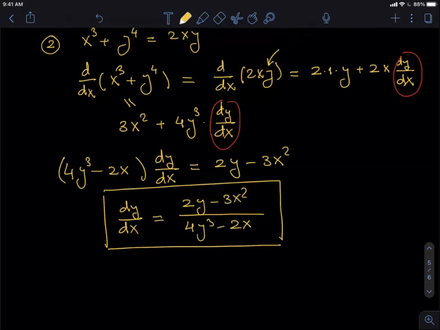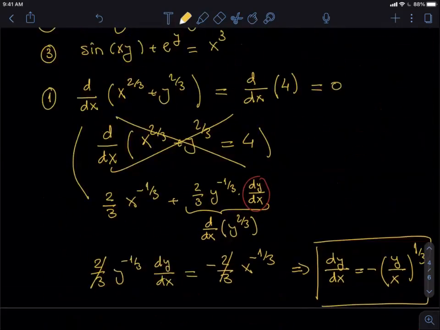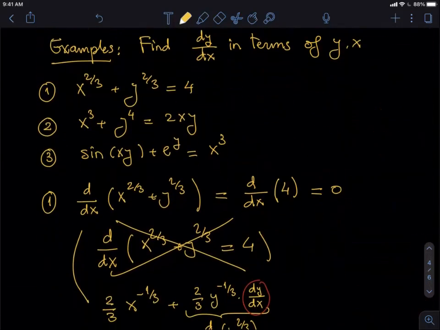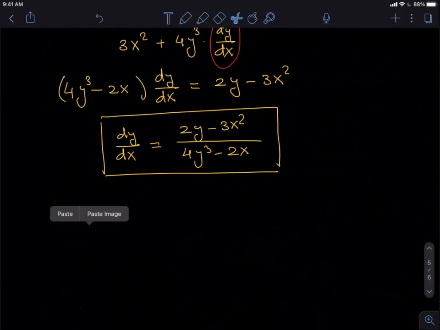Did you notice that so far we have always found the dy/dx multiplied by something, and it was very easy to solve for it? This is always going to be the case. There is a deeper reason why it's always simpler to solve for dy/dx than solve for y, but that exceeds the scope of this course. Just know that it's easier to solve for dy/dx. And the last one, this is going to be a party. The last one,